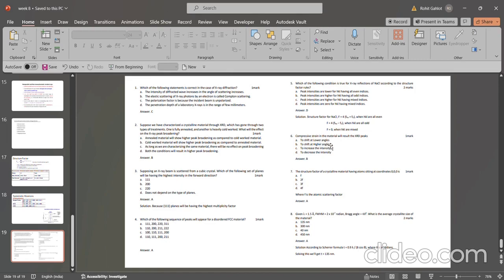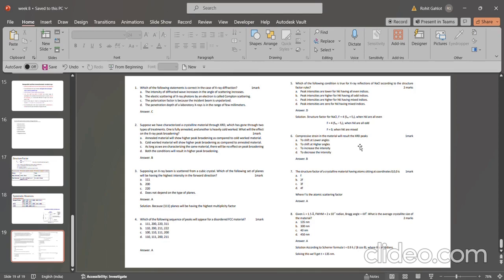Okay. Compressive strain in the material will result in the XRD peaks. The answer will be B, to shift to higher angles. Okay. Then the seventh one is the structure factor of a crystalline material having atoms sitting at the coordinate 0, 0, 0. The answer will be A, because for a crystalline material having atoms sitting at 0, 0, 0, you can use the formula directly and then you will